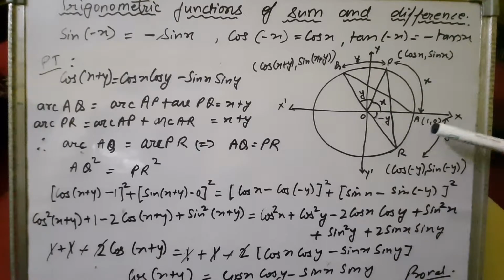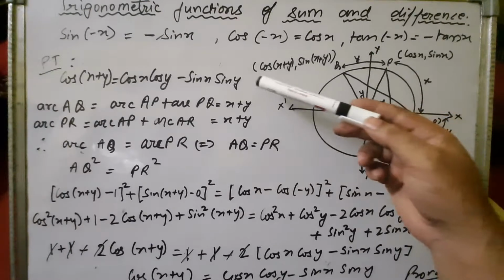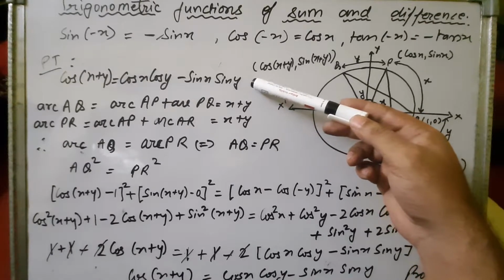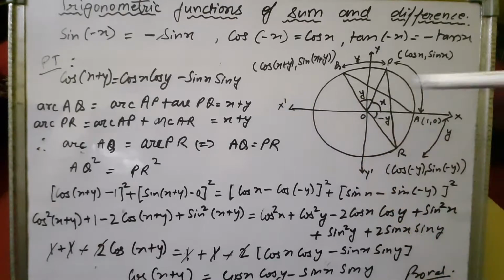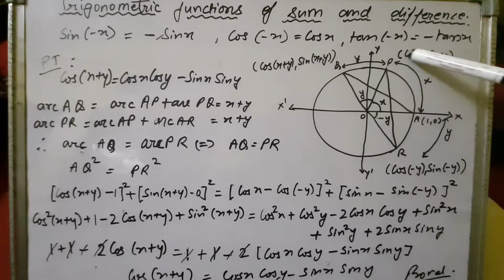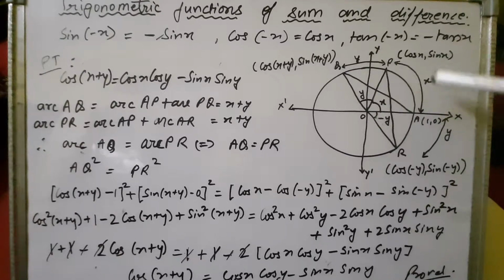This is a unit circle, children. We have studied this unit circle. Now first we are going to take the help of the unit circle to prove that this relation is correct. That means cos of x plus y is equal to cos x cos y minus sin x sin y. What is x? Suppose in this unit circle, x is the length of arc AP. Unit circle means radius 1 unit, right? Radius 1. So this arc is of length x units and this arc PQ is of length y units.